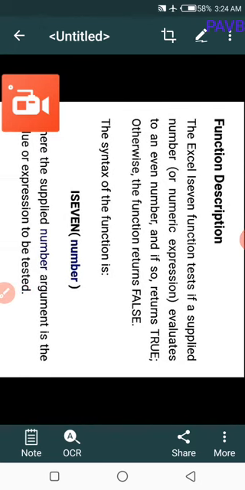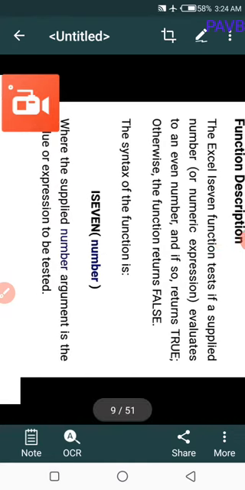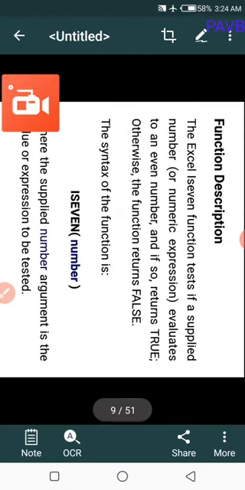Next function is ISEVEN. The Excel ISEVEN function tests if a supplied number evaluates to an even number, and if so returns true, otherwise the function returns false. The syntax of this function is =ISEVEN(number), where the supplied number argument is the value or expression to be evaluated. For example,